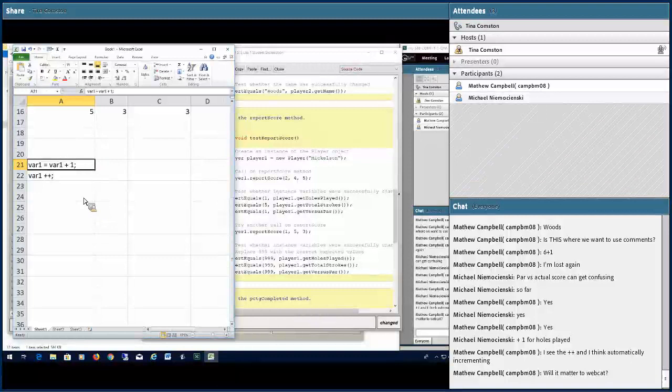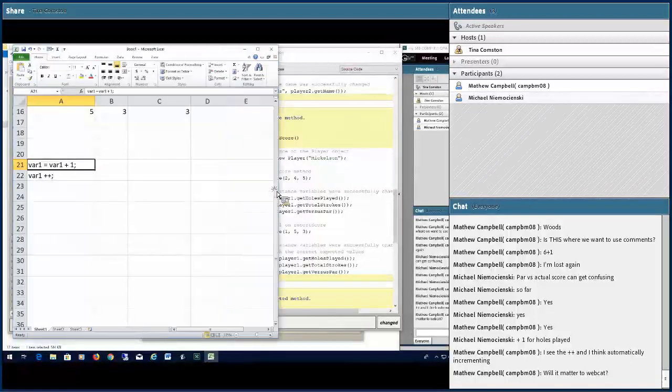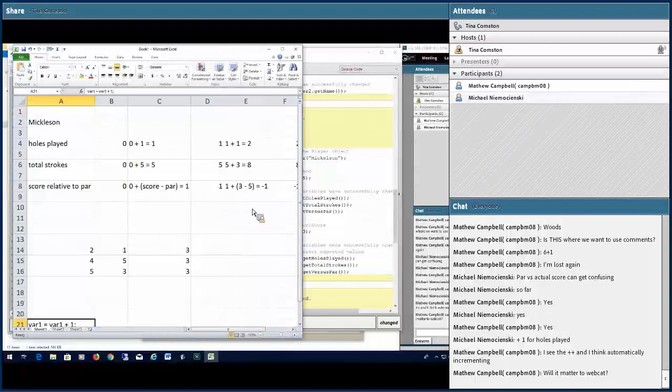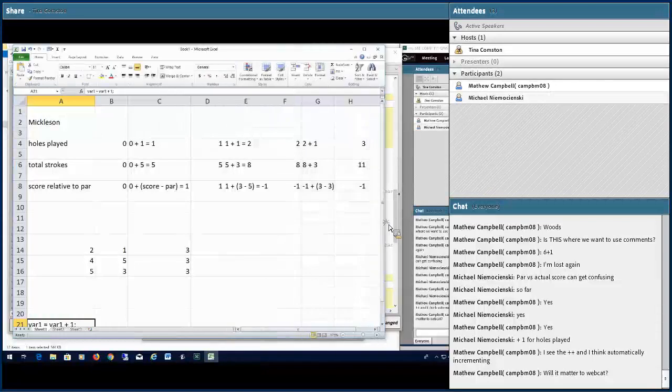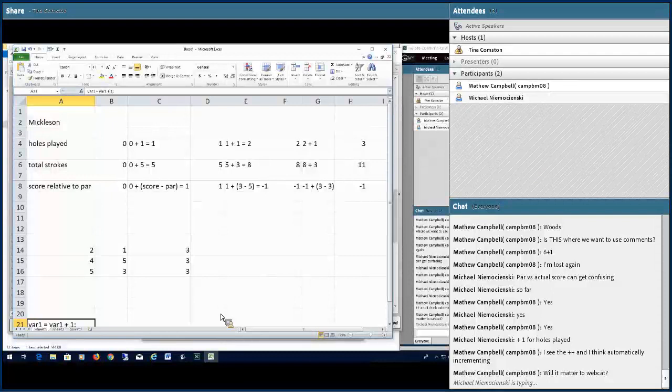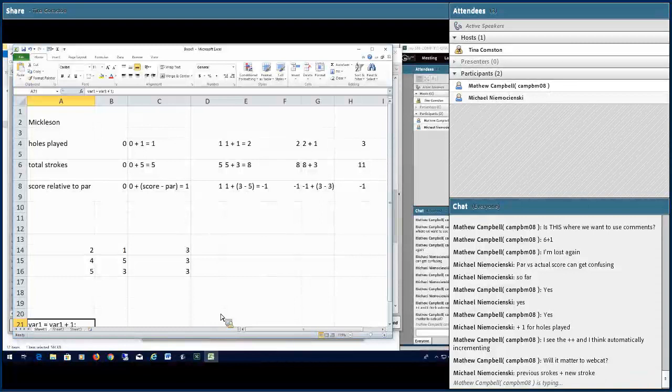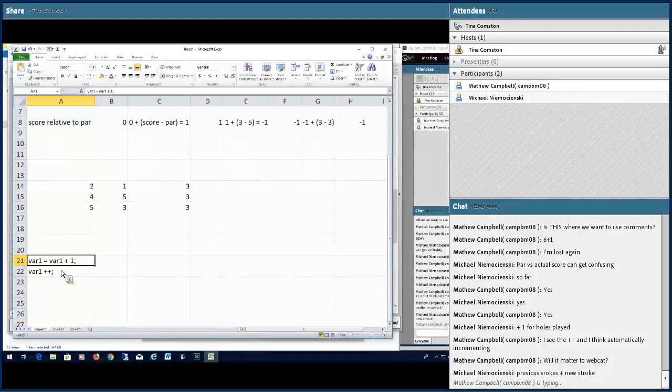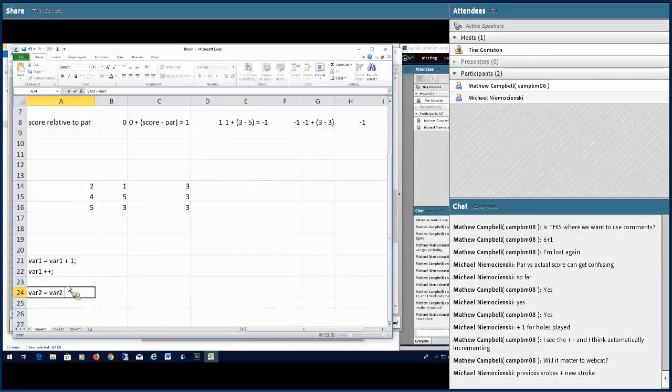All right, so that's for holes played. That's the whole point of what we're doing with holes played. So total strokes. What are we doing each time with total strokes? Every single time, we're adding to it the new stroke. So in this case, rather than just adding 1 to it, which is what we're doing with the total holes, it would be var2 equals, and there's no shortcut here, var2 plus, and then you've got your explicit